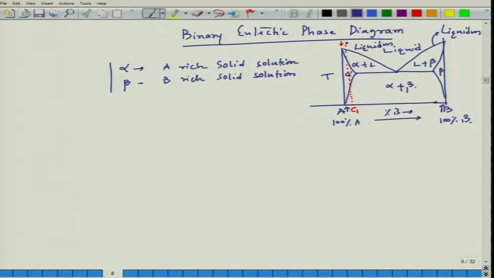and then as we go down it will end up in the alpha phase, and then at this point there will be another change where alpha would convert into alpha plus beta. So, at this point, let us say the star point, I will have alpha converting into alpha plus beta, and interestingly here, how do we separate these two? Once we reach here we have a single composition, alpha of C1 composition, but once we come to this level I will see that there is a segregation of B, and the B rich phase beta would come out, and that composition, if we try to see the composition here,